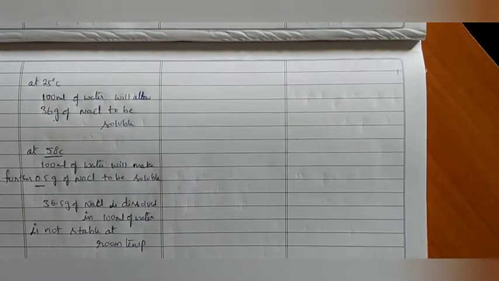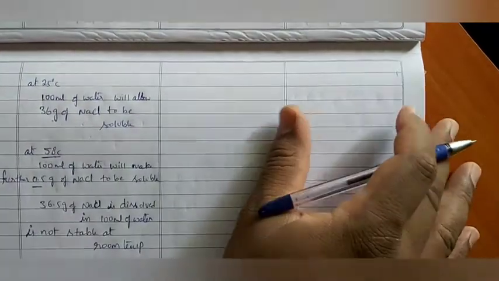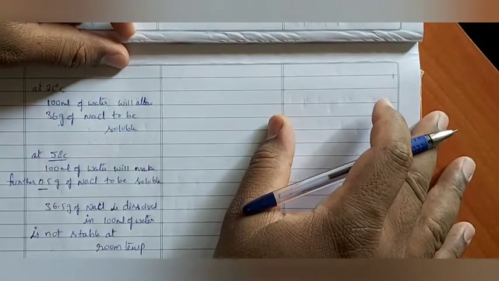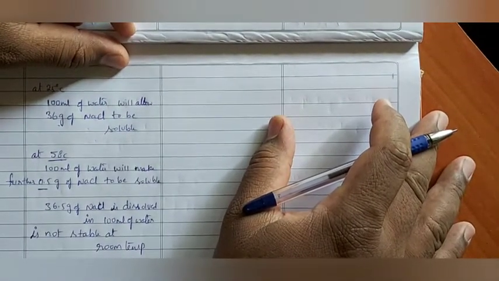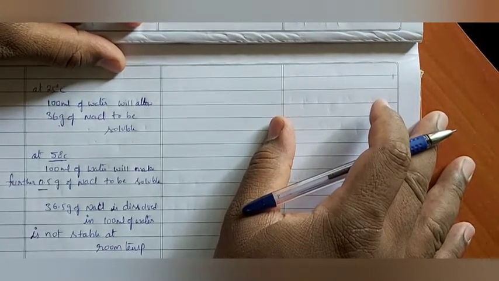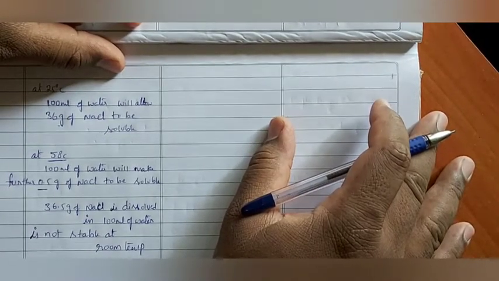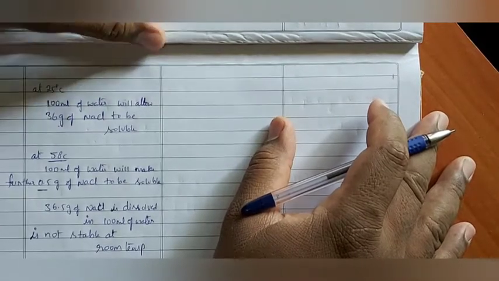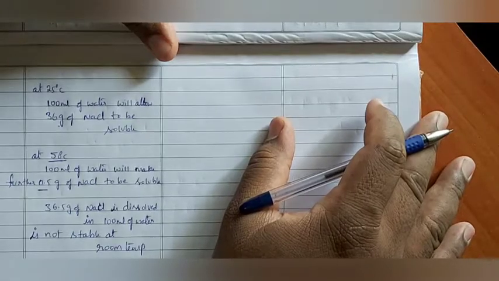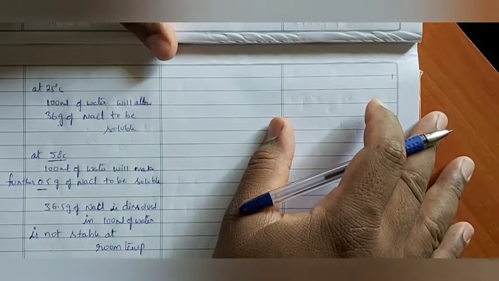Let us see what we are going to discuss in today's class. Good morning, ma. In the previous class, we have seen up to classifications of solutions. In total, we have seen 4 classifications. In that, the fourth classification depends on the amount of solute soluble in solvent. Solutions are of 3 types. Here, particularly, soluble is the term related to solubility. We have to know the definition of solubility first.